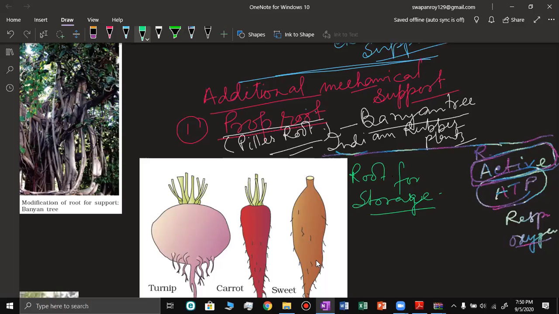Storage of food material. Here you can see that these three roots are there. This is a turnip. This is also a root that has stored the food material. This is carrot, and this is sweet potato. Sweet potato, I think you know it is root. In the sweet potato they store food material, and any irregular shape